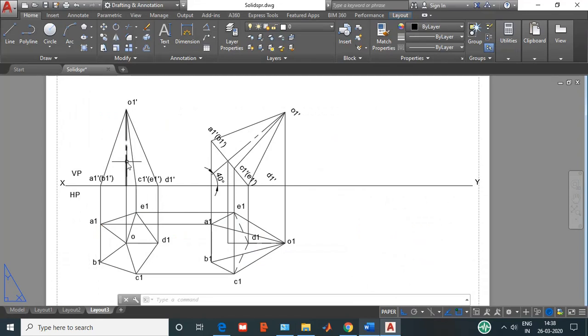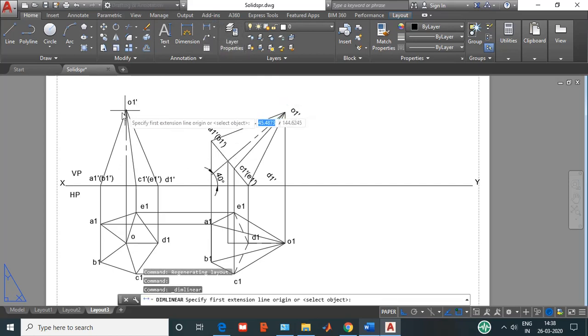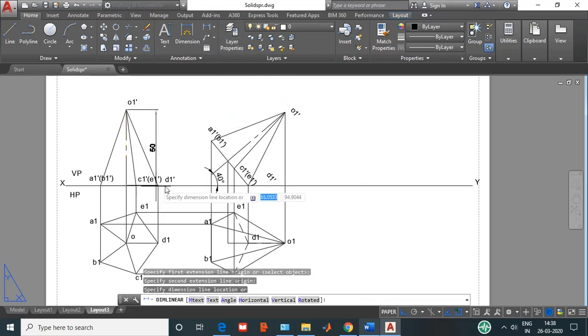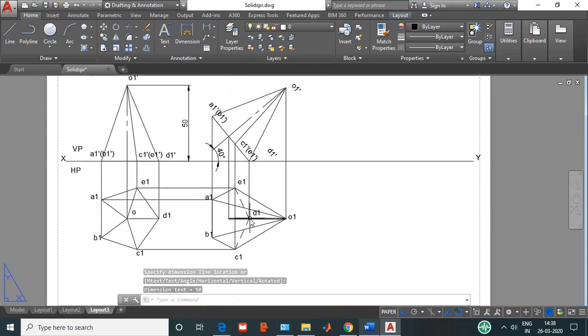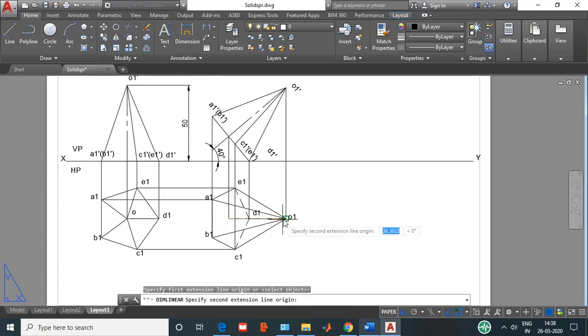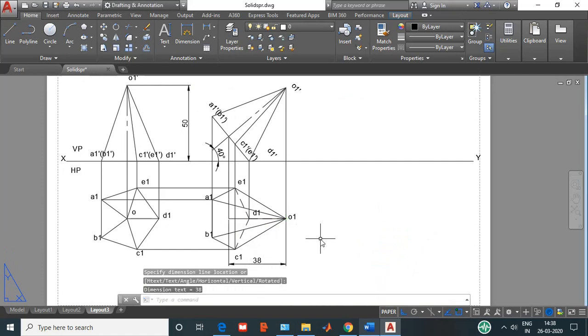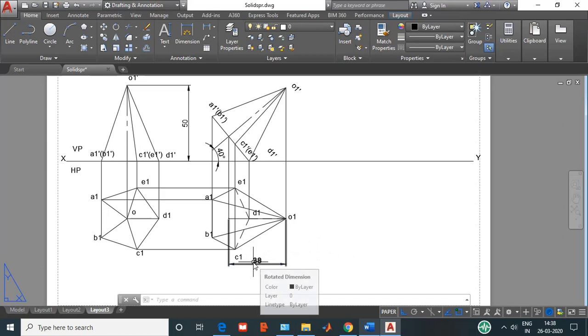Okay, so the original length of the axis is 50 mm, which is stated in the problem itself. This is the original length, let us show it here. This is 50. Then the apparent length of the axis will be this length, the second position top view. If I check the second position top view axis length, this is 38, so it is less than 50. The length of the axis has changed. It means I need to find the apparent inclination beta angle over here.